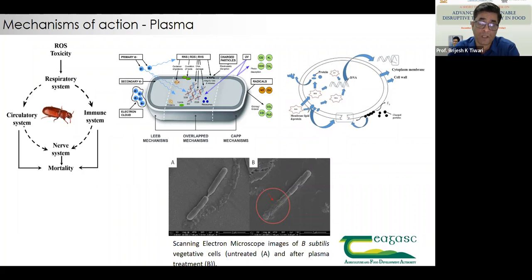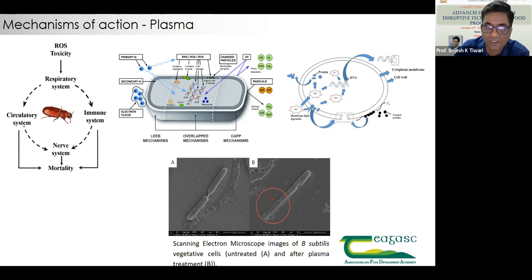sequence of a bacteria, or a phenotypic behavior or virulence factor of any microorganism, can only be studied in a pure solution. So if this particular bacteria is present on a strawberry and the strawberry is subjected to the treatment, then we just see the inactivation, and we won't be able to see all these exact mechanisms. So this is a classical example here, scanning electron microscopy of Bacillus subtilis vegetative cells, simple untreated cells